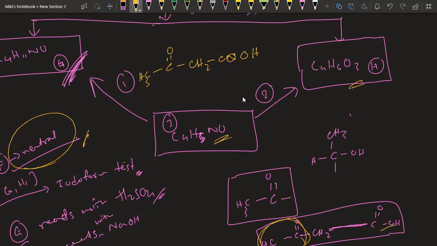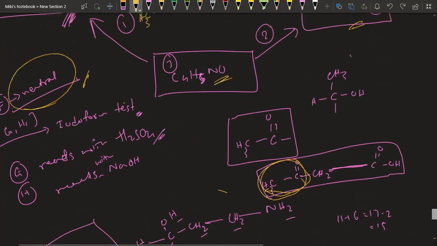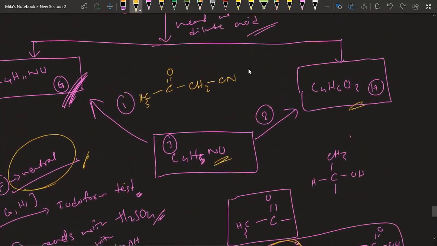And if we didn't do that, how can we form G from here? G was NH2. That means CN. That means if reduction is done here, that means reduction. What was the condition for reduction? Let's see. Remember, this number 2 is H plus reflux, we can say. Hydrolysis is happening. Our reducing agents were LiAlH4